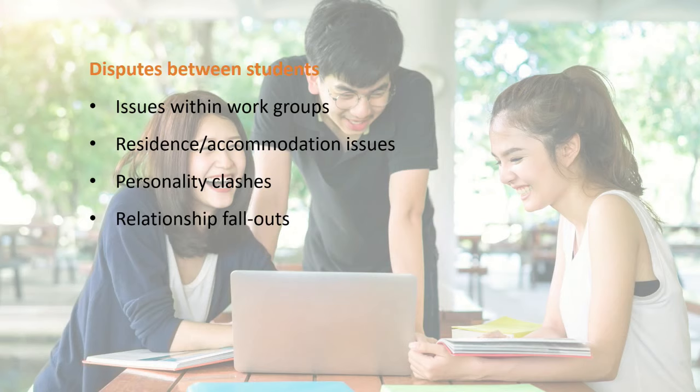So, relationships that end or fail, groups that break up, people feeling that they're being ganged up against or ostracised from a group. These are common between students. And of course, allegations of bullying or harassment. And coming back to the University of Cambridge figures that I mentioned early on, that was about staff, but actually there are also quite scarily high figures to do with the incidence of bullying and harassment amongst students. Again, a lot to be attributed to social media.